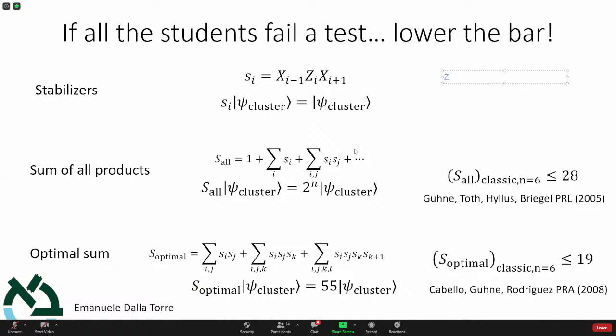Okay, so I take Z, X, Z. So this is basically Z1, X2, Z3. This is one stabilizer, fine. Now I take another stabilizer, which is Z3, X4, Z5. This is also a stabilizer, right? Then I take another stabilizer, Z5, X6, and then Z7, but because I have periodic boundary conditions and there are only 6 qubits, the 7th qubit is actually the first qubit. So what I should really write here is Z1.